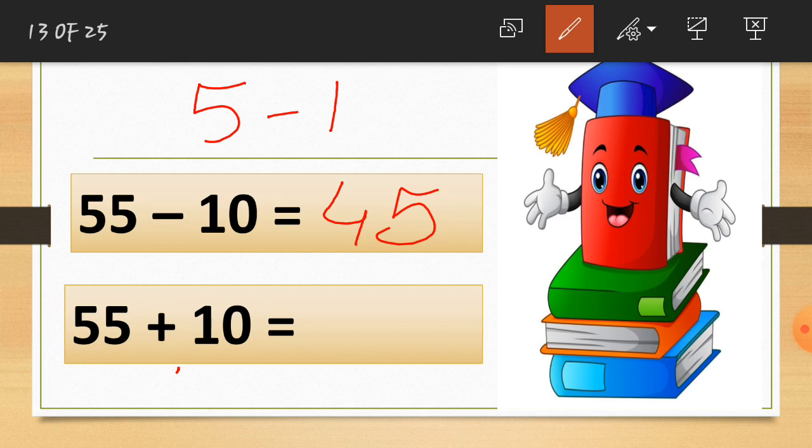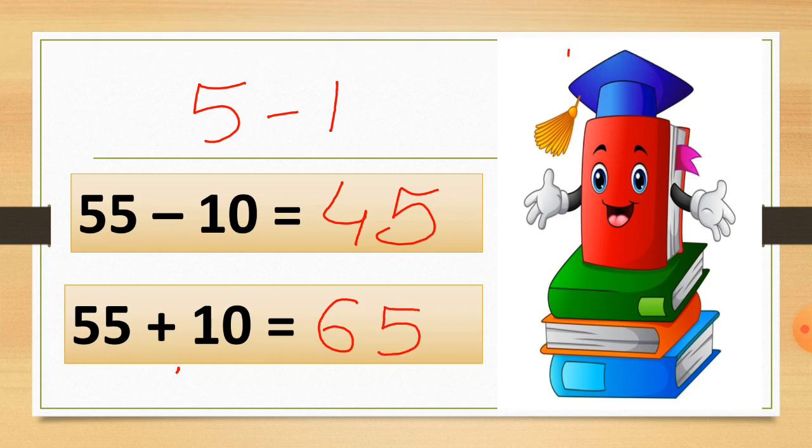Now you have to add 1 to this 5, and the other digit will be as it is. So here I write this number which is 5. We add 1 to it. So here is 6, and that 5 will be as it is. So here is our answer. You can see we just add 1 to this 5, and there will be no change in the ones value. There will be a change in the tens value only. So here is the 5 which is the tens value. We add 1 to it, so we get the number 65. So, students, that much easy a trick it is.